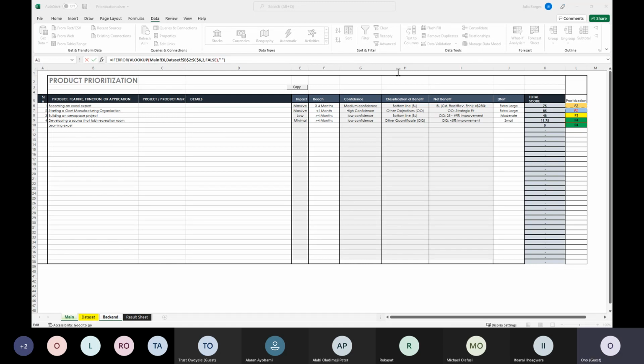So this has all the information there, and then you select the column number. In this case, it's been defined as 2, so it's the second column on the table we have. And then the range lookup as false.